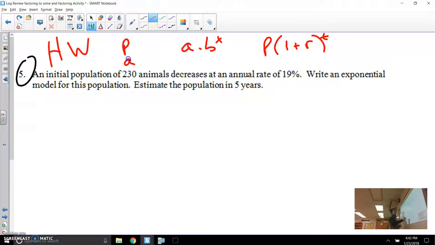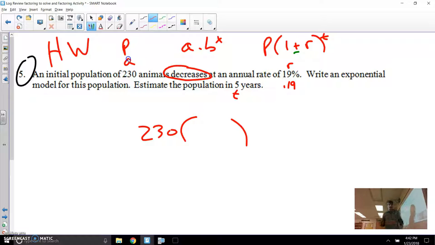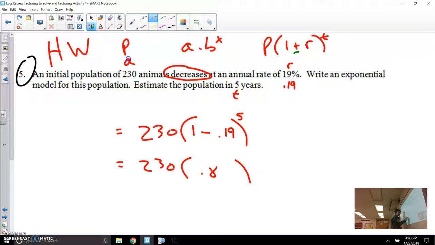So for this one, we're going to say that this is our R value. Now we need to say that that's really 0.19. We want to use that as a decimal, of course. And then our time is in 5 years. So let's start with 230. This word is super important because this plus could be a minus. It just depends on if you're going up for growth or if you're going down for decay. So this one's decreasing, so we'll say 1 minus 0.19, and then we'll raise it to the time of 5 years. Okay? So to clean that up just a little bit, 100% minus 19%,